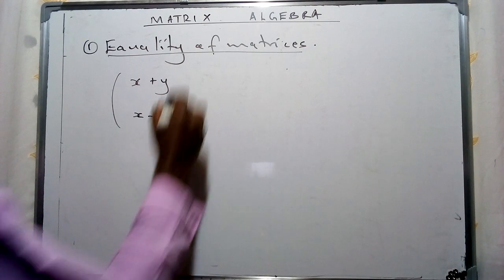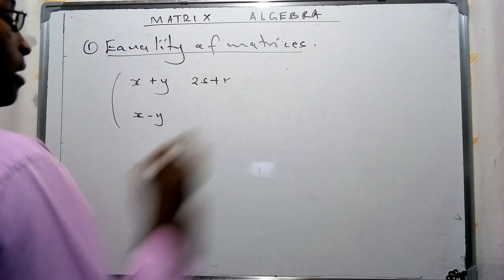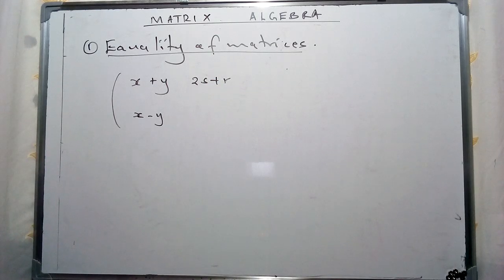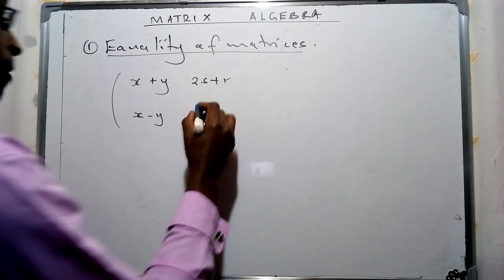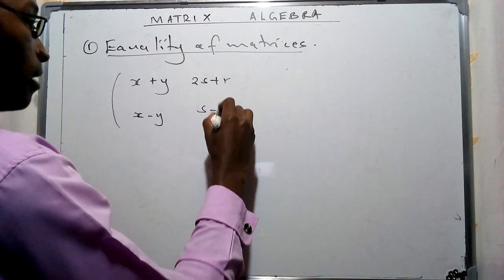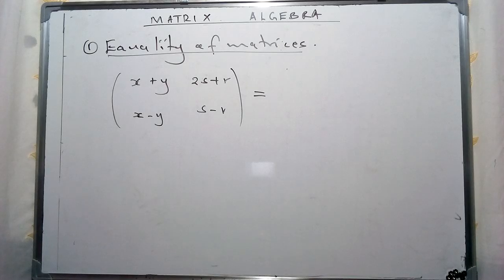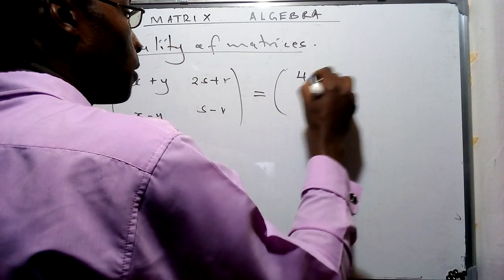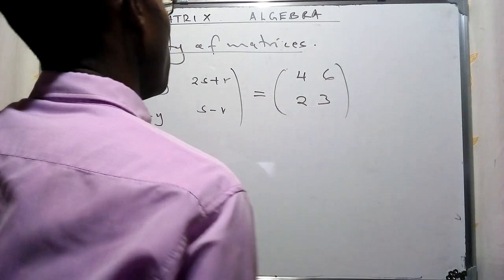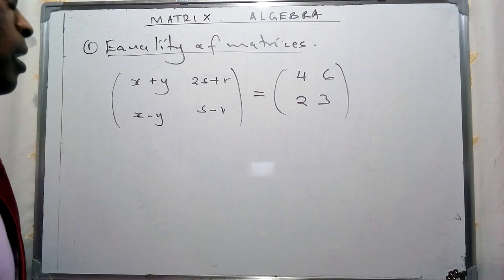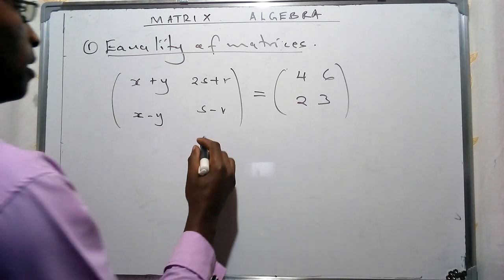And then we shall have another one over 2s plus r, making the second entry for the first row and making the first entry for the second column, given as such. And these are going to be given as equivalent to the values of 4, 6, and 2, 3. So therefore, we said that for an equal matrix, where they are going to be consisting of this specific kind